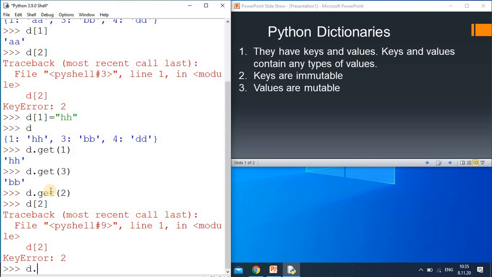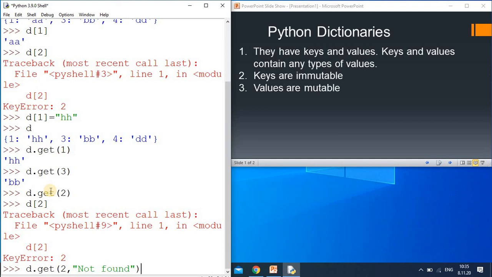Suppose I write d dot get, and as you know in the second key there is no element, and you write here the message "not found". For example, if you are accessing data from a website and there is no element there, you get the message not found. If you search for something in the Google search engine and the information is not available, you get not found.